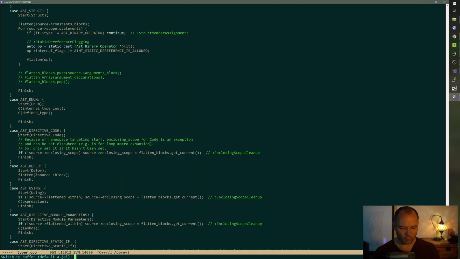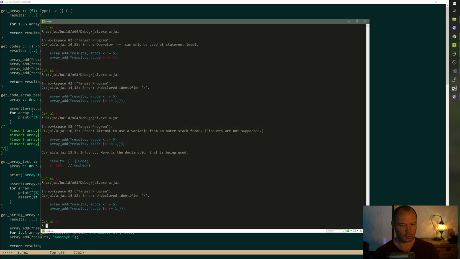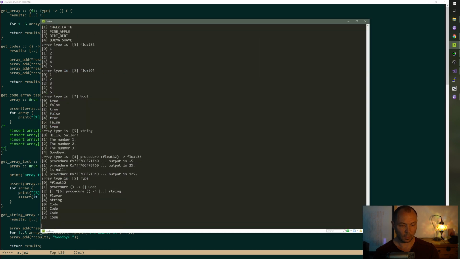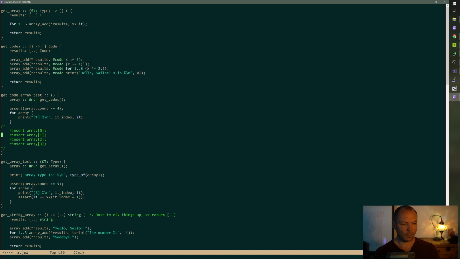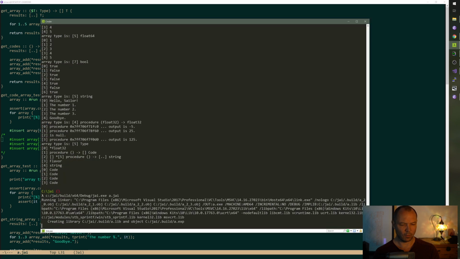Is it happening here? Yeah. Oh, okay. So I could do this. For some reason, the scope is not being set correctly on insert.